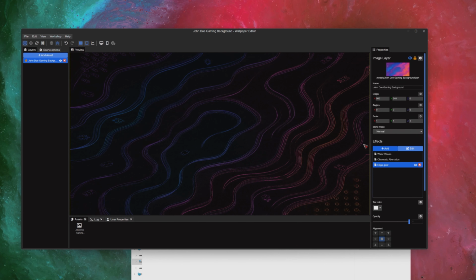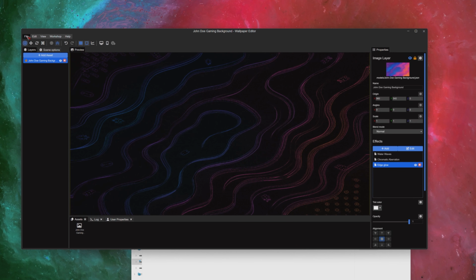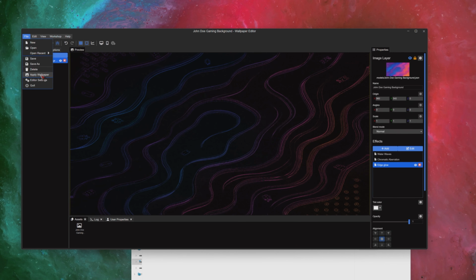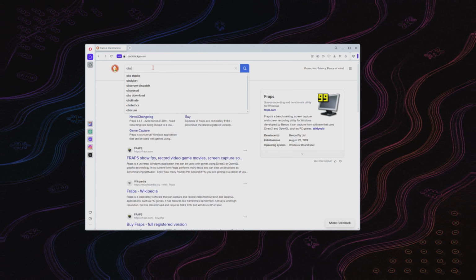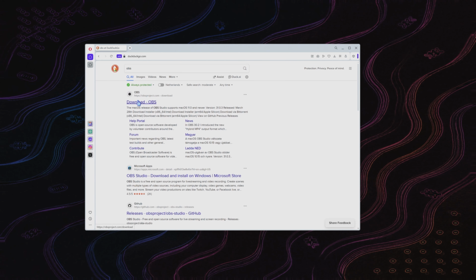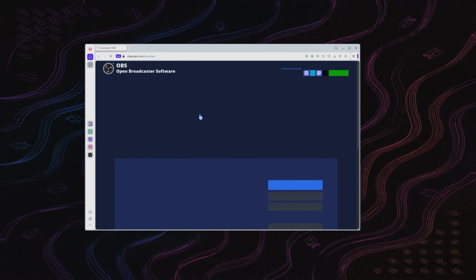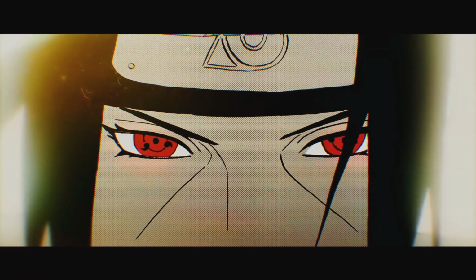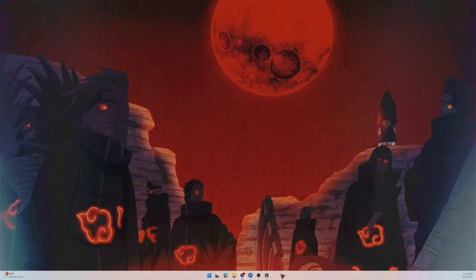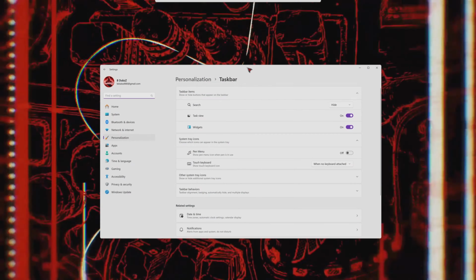Once everything looks good, let's head to File, then Apply Wallpaper. Now let's go ahead and minimize everything. We need to record our desktop now. If you need recording software, I would highly recommend OBS, as you can live stream and record from it. Also, it's completely free. Head down to the taskbar at the bottom of Windows, right-click the taskbar, then hit Taskbar